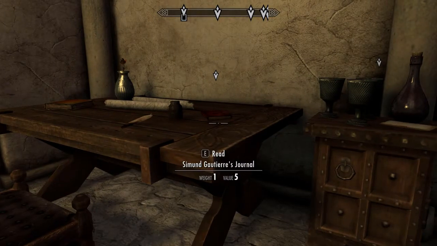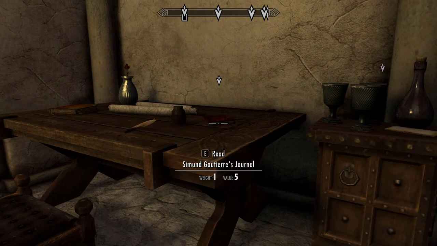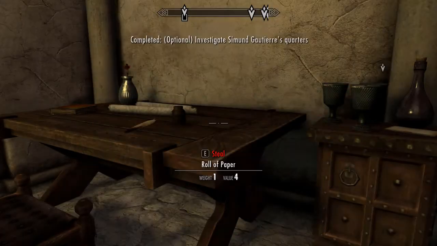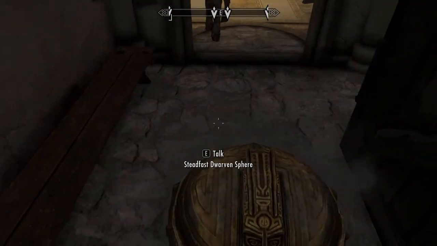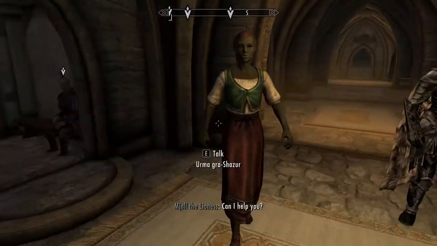Do I have to take the journal to progress this? I might have to take it to progress this. Alright. Alright, let's get out of this guy's room before he catches me here. Get out of my way. Noisy, dear God. Alright, so...